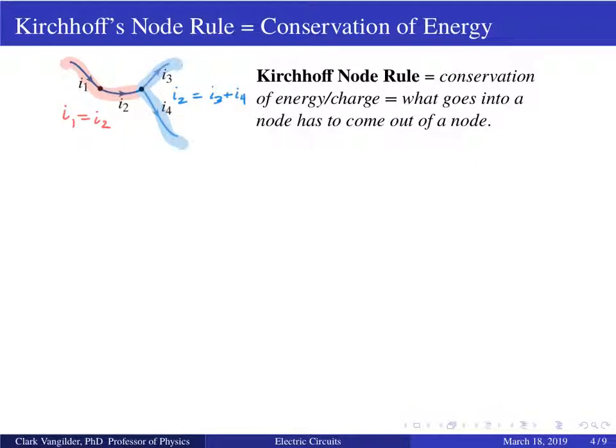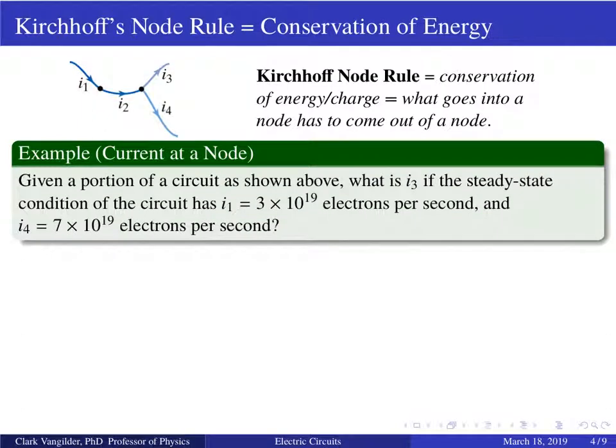So the two ways to... this picture shows us two versions of the node rule where you have one gozinta versus two gozintas, and you could keep layering that many gozintas as are needed. All right, so here's an example. What is I3? So this part up here, what is I3 if